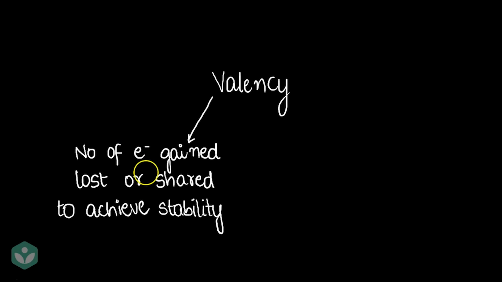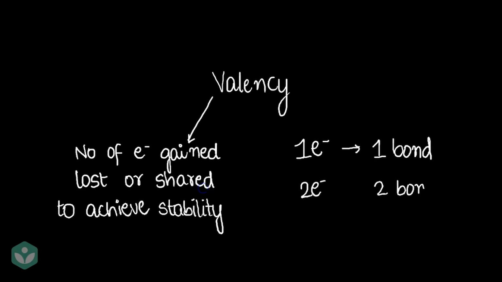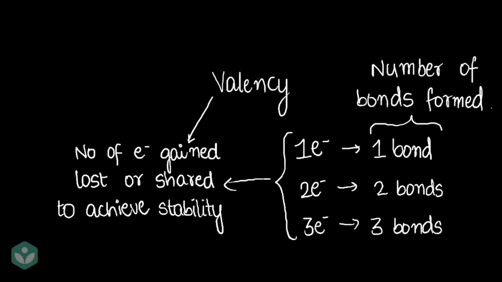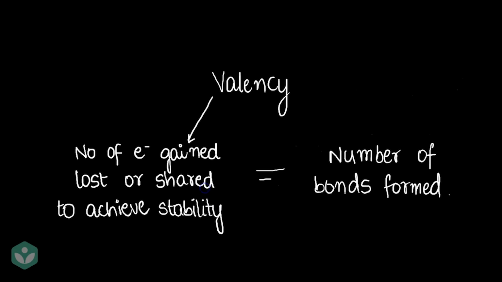Well, turns out that every electron that is gained, lost, or shared takes part in chemical bonding. So, if one electron is gained, lost, or shared, one chemical bond is formed due to that. If two electrons are gained, lost, or shared, two chemical bonds are formed. Similarly for three electrons, right? So basically, the number of electrons that are gained, lost, or shared is equal to the number of chemical bonds being formed. So that basically means that we can say that valency is the number of chemical bonds being formed